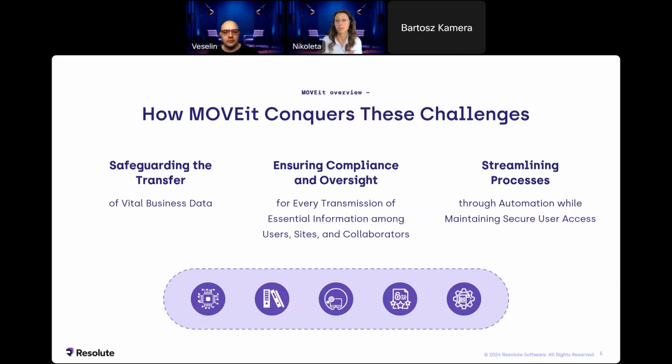MOVEit has a very specific and special encryption, encrypting the files during the transfer but also at rest, and lets people at the organization manage, view, secure, control, and automate all file transfers. This is done in a way that is compliant with data protection regulations like GDPR, HIPAA, and PCI. It also offers full oversight and detailed audit trails, helping the organization stay on top of regulatory requirements.